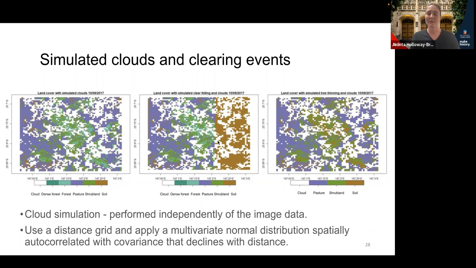In the clear felling, it's very clear to see the fenced off and burned area that's been simulated. And there's also an increase here from the original scenario with the simulated tree thinning. So all you really need to know is that we simulated different clearing events and we simulated our clouds so that we could compare how the model performed in different situations.